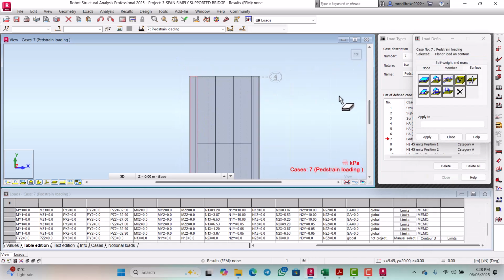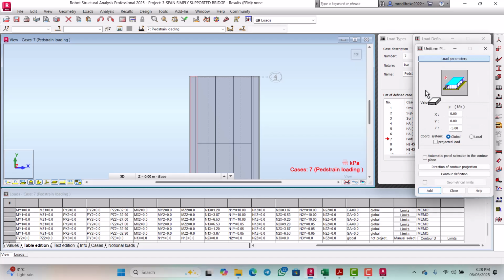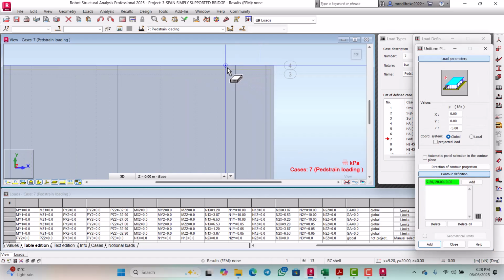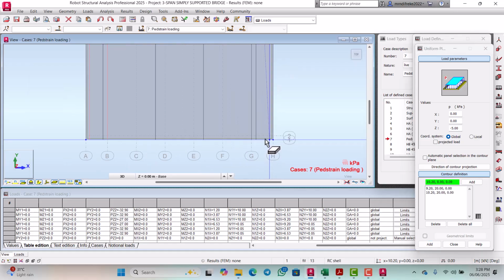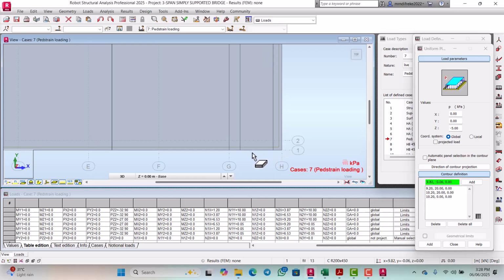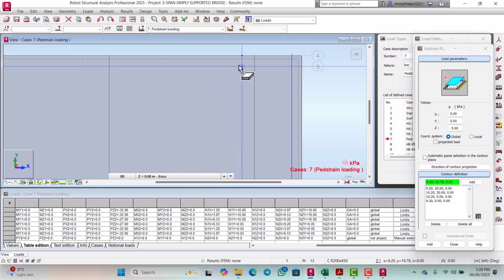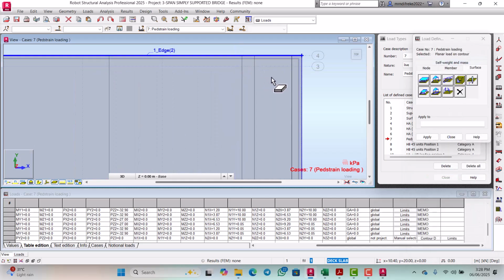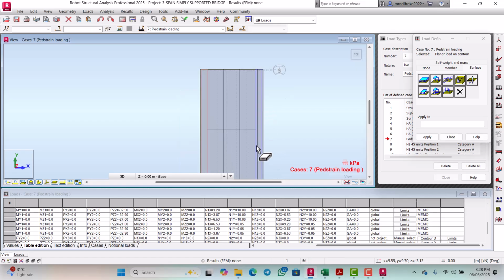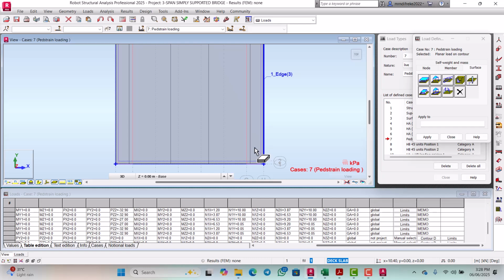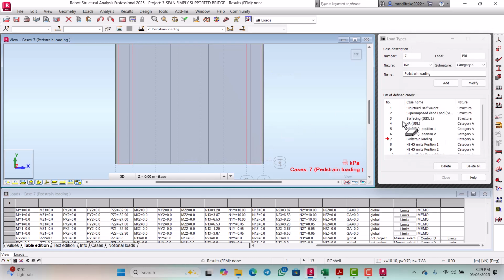Okay. So we do the same thing for the right hand side, click here. Okay. So we have finished applying that pedestrian load, so you can close. So the next load that we are going to apply will be